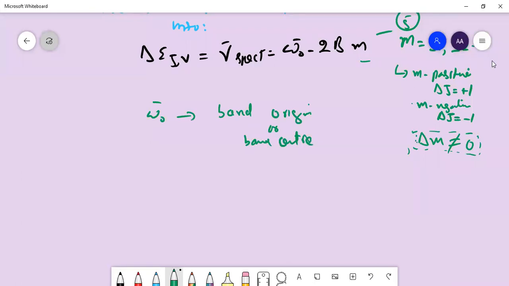We call it band origin and band center, from where the band starts originating in your vibrational and rotational spectrum. Our equation number 5, that is delta Ej, mu bar spectrum is equal to omega naught bar minus 2bm. The equation number 5 represents the